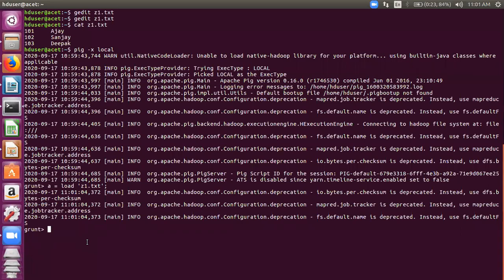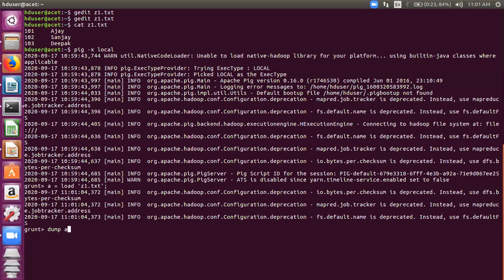To see its contents on screen, to see what is there in the relation, like you used to work with the select command, select star from M. That was how things were displayed on the screen. The output of the emp relation you used to display on the screen. Here in Pig you use dump for that. Dump, then the relation name.